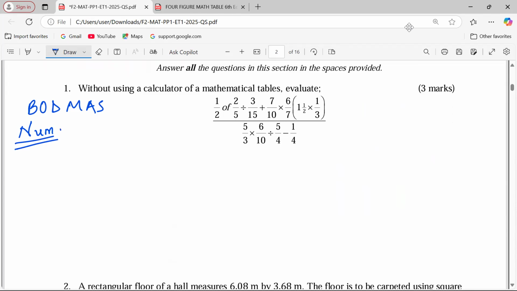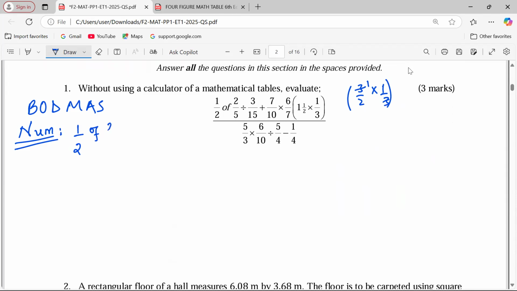What is on the numerator? Do we have brackets in the numerator? Yes. Do we have of? Yes. So we begin by what is in the brackets. From within the brackets, we can see there is 1.5, which can translate to 3/2, then multiplied by 1/3. So inside that bracket, we can simplify to half. Therefore, the numerator becomes half